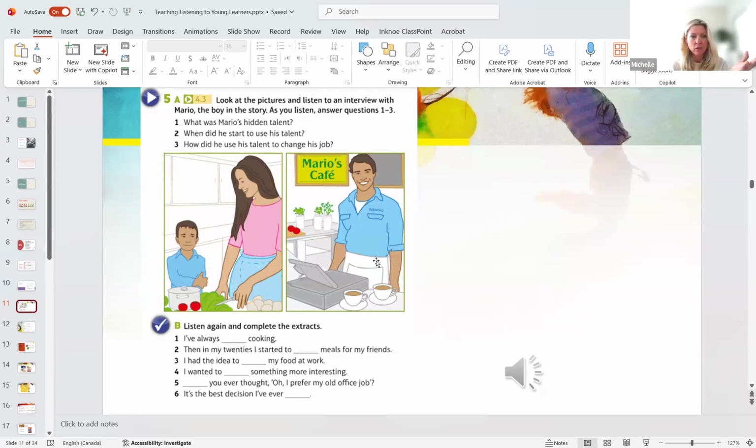I can jump in if nobody else is going to. Go ahead, Michelle. Mario is a child on the left. He's watching a female in his life doing some things in the kitchen. He's not looking out the window. He's like, okay, this seems all right. He seems interested. And then we come over here and look at Mario. He's a good-looking young man. He's dominating the coffee world from the look of it. Yeah, thank you. Same shirt. That's a problem. Yeah, he's wearing the same shirt too. He needs some fashion advice, but hey. Yeah, thank you very much.